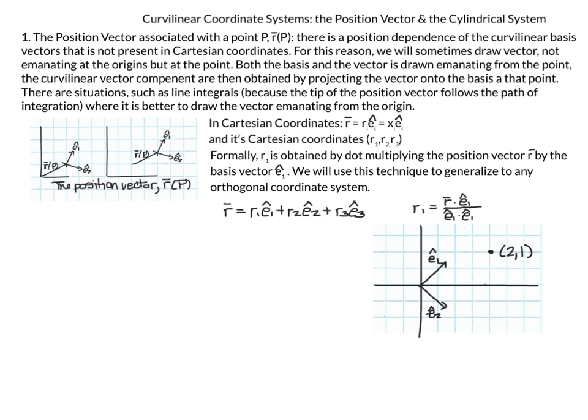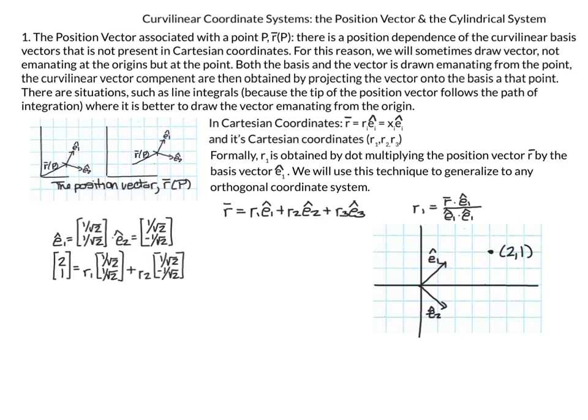In Cartesian coordinates, if I use the standard basis and I gave you the point (2, 1), that's just too easy, because the first coordinate is 2 in the x direction and the second is 1 in the y direction. By the way, I scaled this, so this is 1 and this is 2. So I had to come up with another basis, and this is the one I have right now, this E1